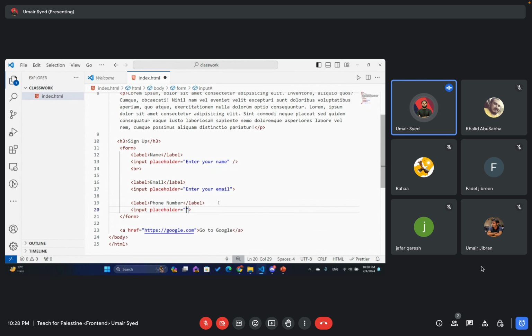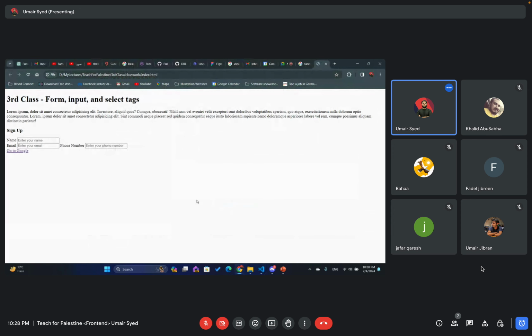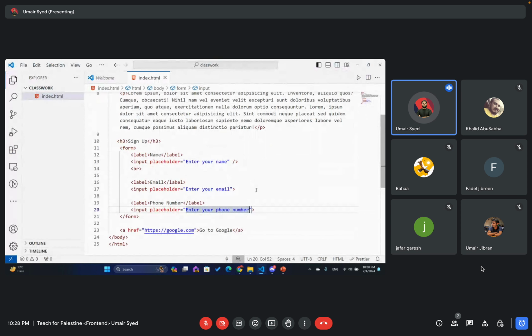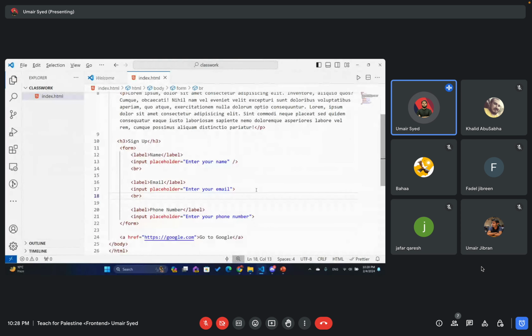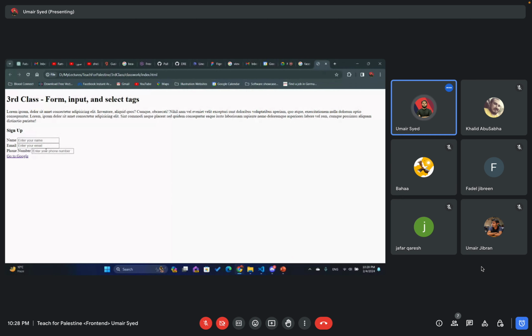For the time being, we haven't studied them. Enter your phone number. Okay, I use a BR to move the phone number field to the next line. Now see, this is a phone number field, and when I type some characters in it, like text,